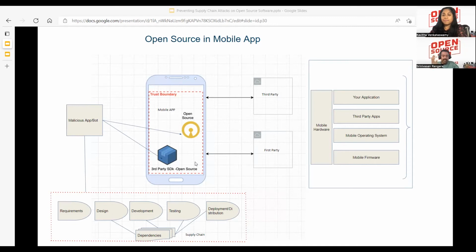If any of these design, development, testing, or deployment phase is compromised, there's always a potential for a malicious actor to inject a code that can be leveraged at a later point in time when the app is in the production environment.